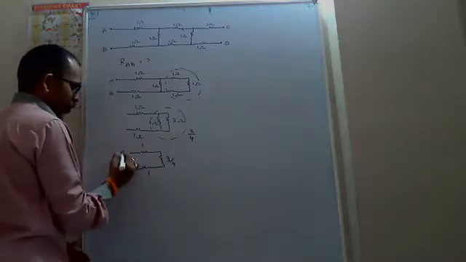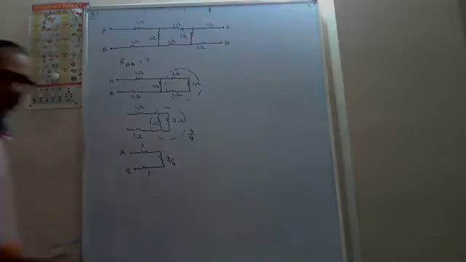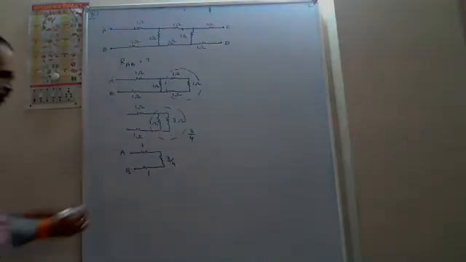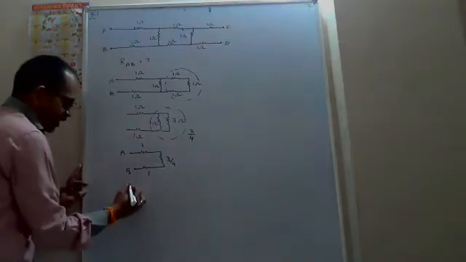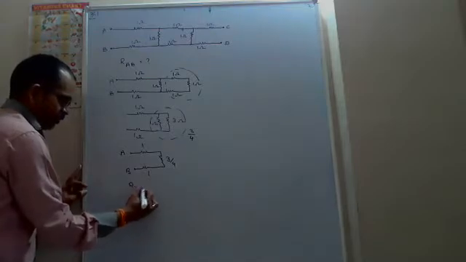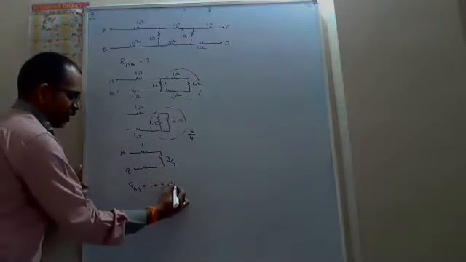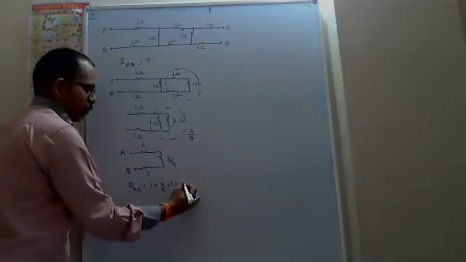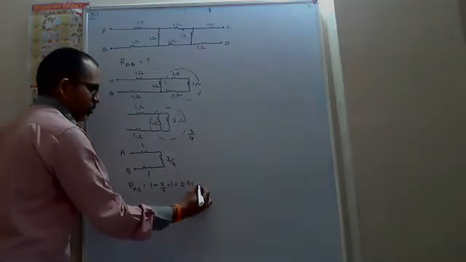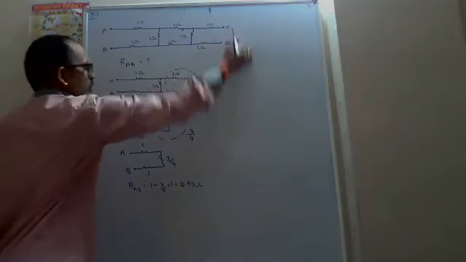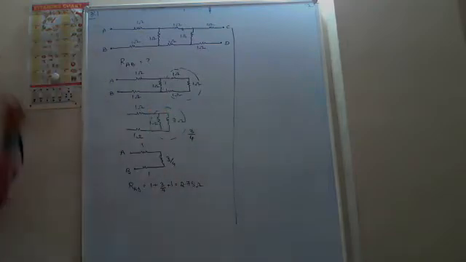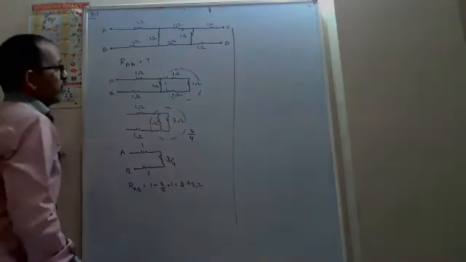So between A and B, what is the effective resistance? If I ask, you can solve it. Are all the three in series or parallel? Series means 1 plus 3/4 plus 1, that is 2.75 ohm. Okay, this is between A and B. Even if I ask between C and D, I think it will be the same.